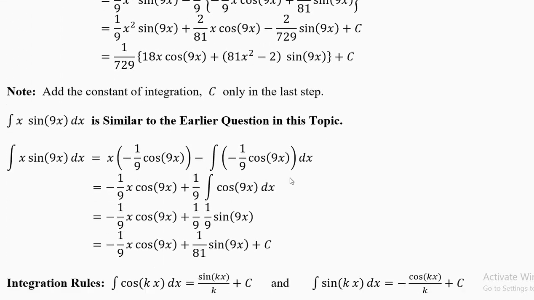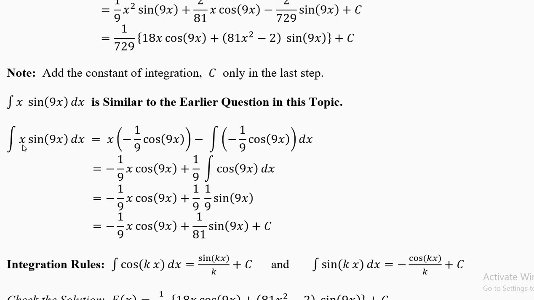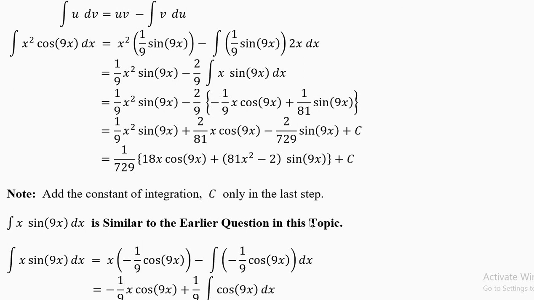Now this x power 1 you do in the bracket. Integration of x sine 9x is equal to minus 1 by 9 x cos 9x plus 1 by 81 sine 9x plus c. This c we are not going to use, but we have to write it. Now copy that answer from the margin to the flower bracket. We will get minus 1 by 9 x cos 9x plus 1 by 81 sine 9x.